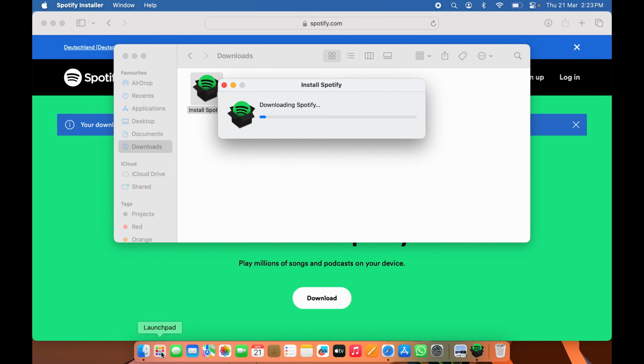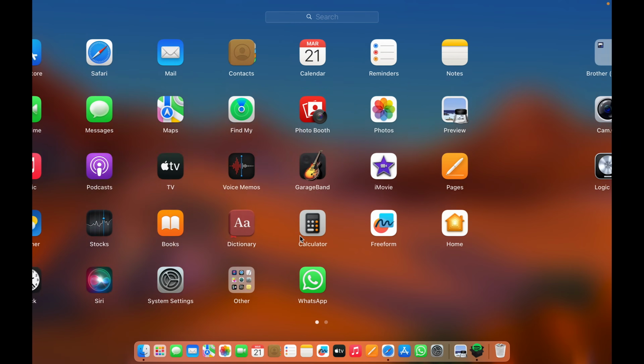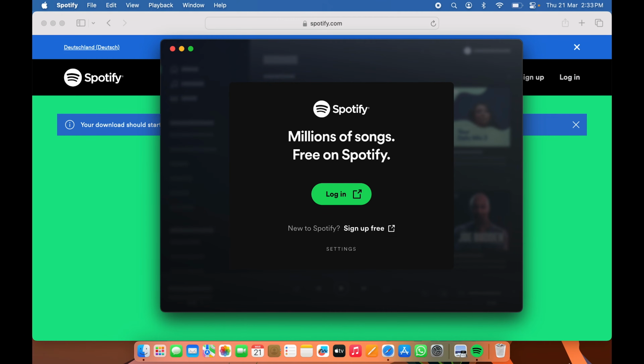Till then, if I show you my launchpad over here, you can see Spotify is not installed yet. So once the installation is complete, it will automatically open Spotify application, and then you can simply complete the login process. If you are using that application for the first time, then you can sign up for free and start